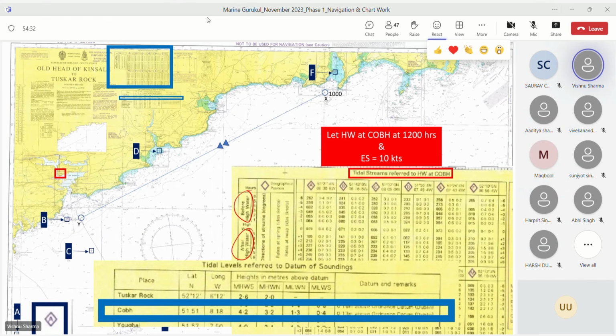देखो वहां पे टाइडल स्ट्रीम कितना दिया हुआ है 2 घंटे हाई वाटर से पहले। कितना दिया हुआ है अपने चार्ट में देख के बताओ फटाफट। कितना दिया हुआ है? सर इस पे तो सर 0.5 0.3 है सर। पहले डायरेक्शन बताओ ना मेरे भाई। 0.5 0.3 तो सही पहुंच गए हो तुम। This is -2, before high water. You go to F. This is the direction. What is the direction? On the chart, what is this direction? Tell me.